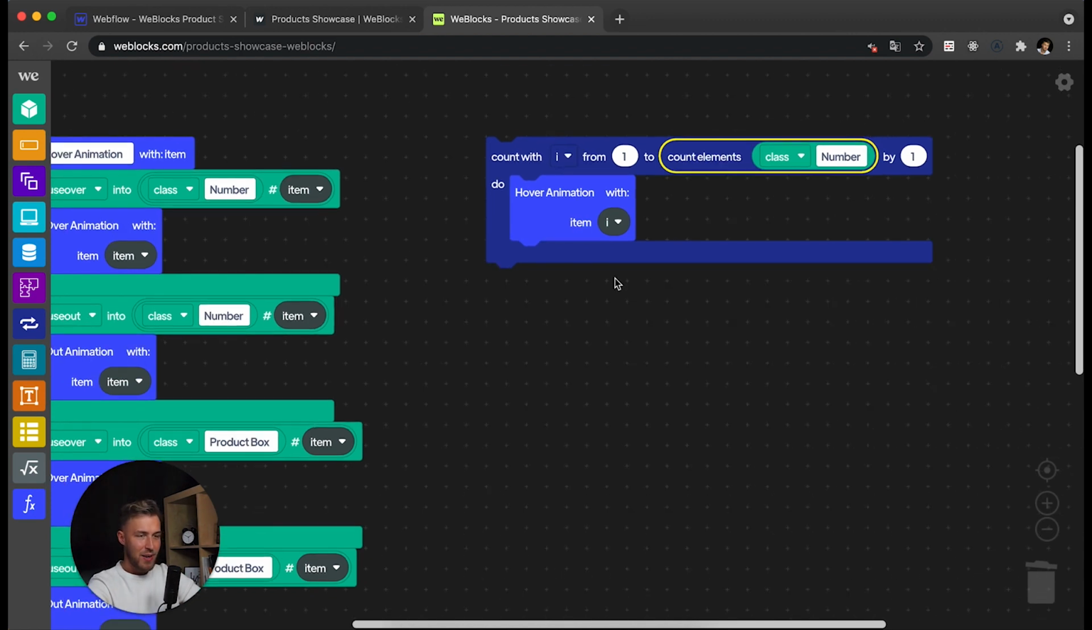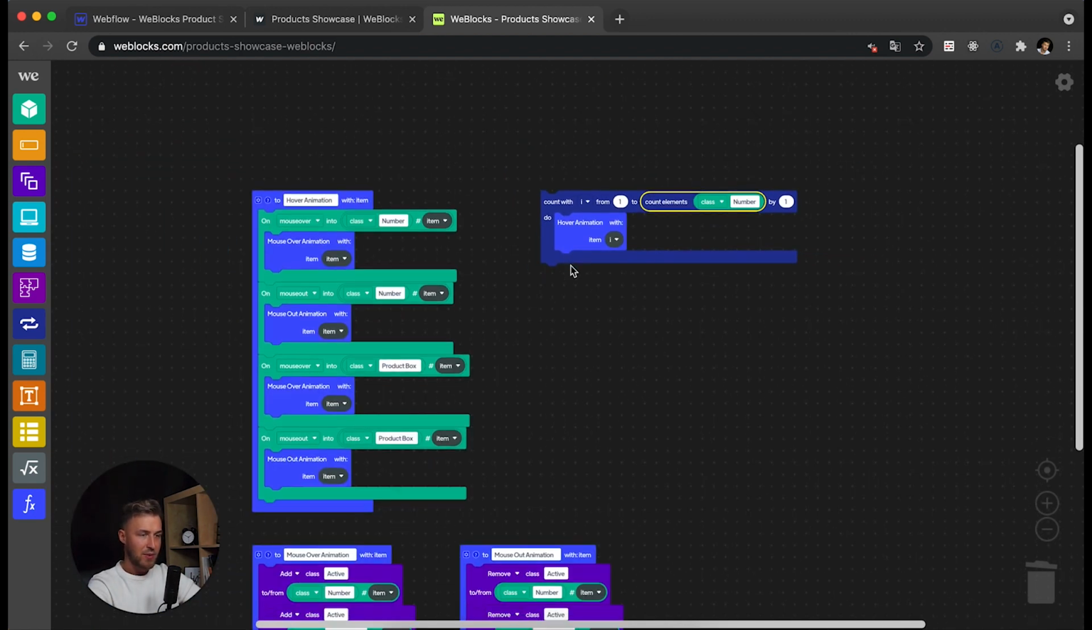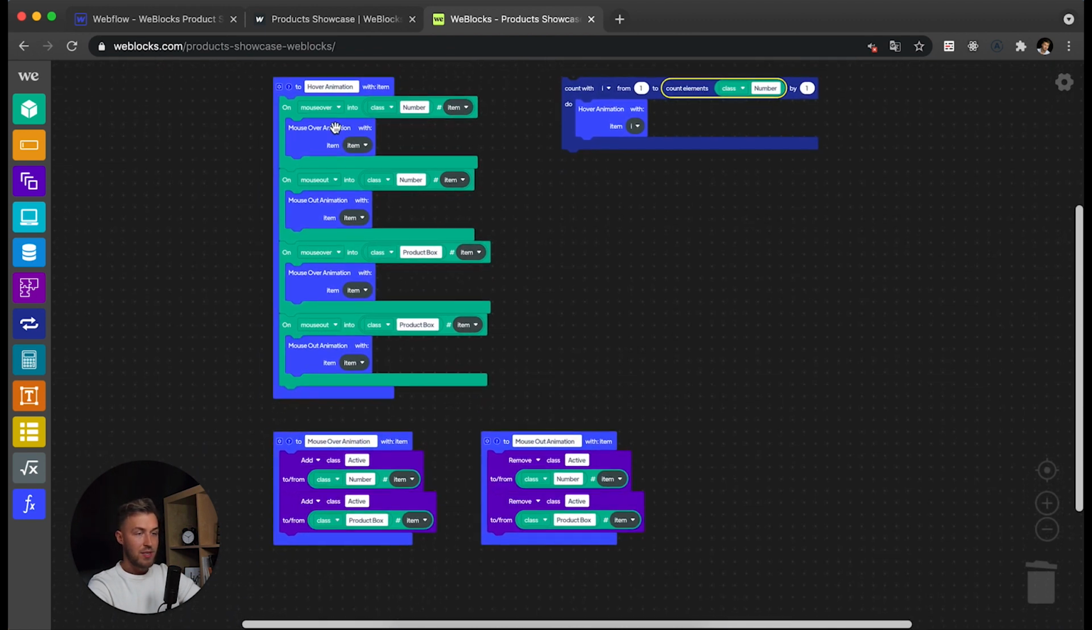Okay, so this way you learn how to use loops, how to use functions, how to use add and remove class. So if you like this way of creating animations, just log into WeBlocks, try it on your own,